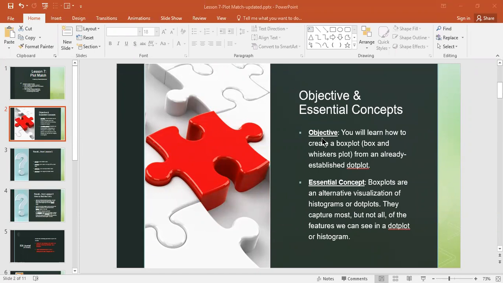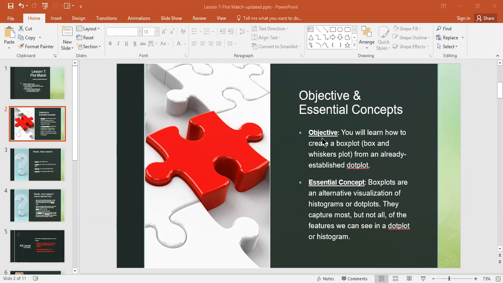All right, so our objective for the day is that you will learn how to create a box plot. Now, we already learned that, right? We've learned how to create a box and whisker plot, but this time around, you're going to be creating a box plot from an already created dot plot, okay? So the whole point of today is that we're going to be pulling information for a box plot from a